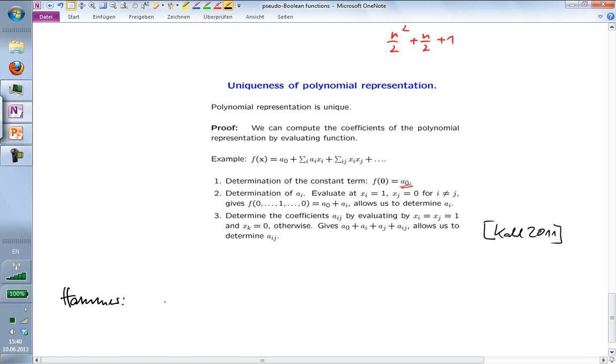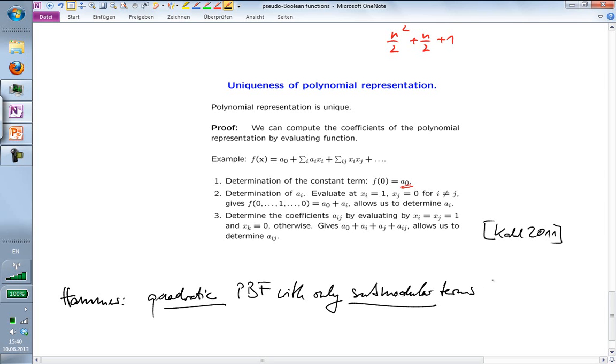Namely that quadratic pseudo-Boolean functions, which is a limitation, and only those which have all submodular terms, here's another restriction, they can be minimized exactly in polynomial time, so efficiently,